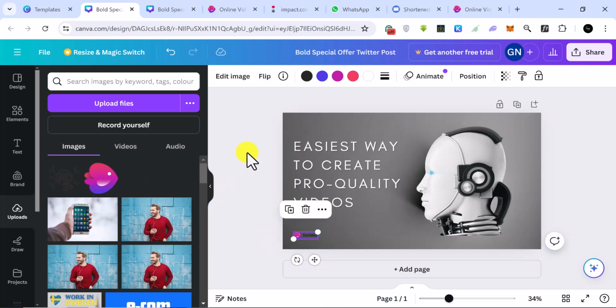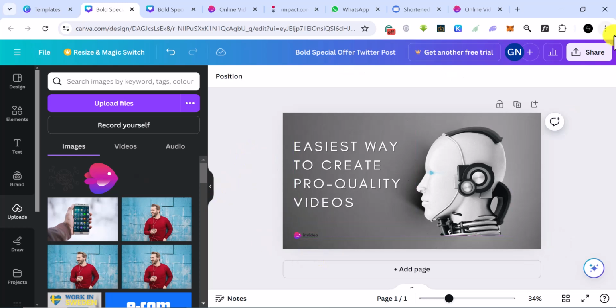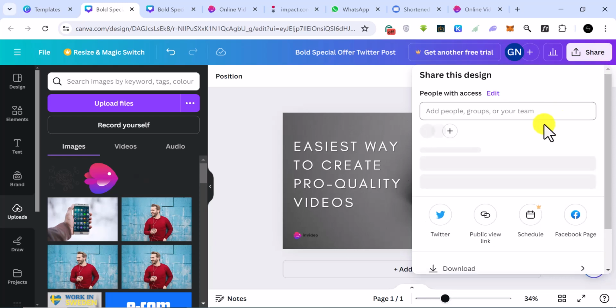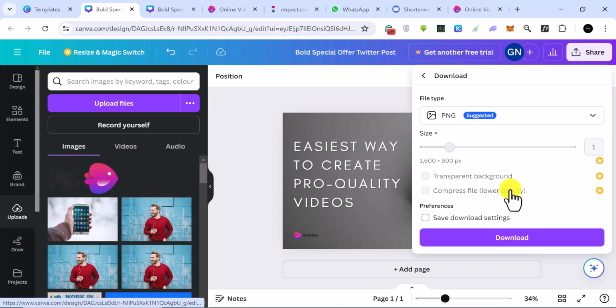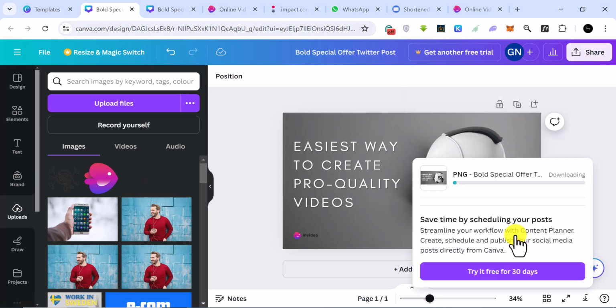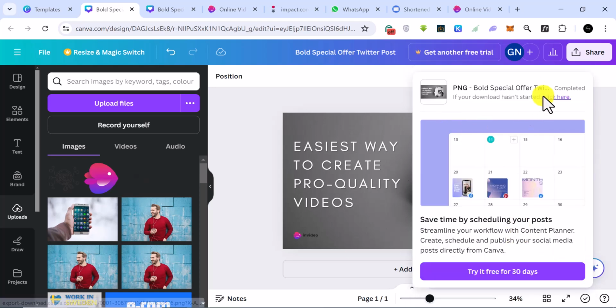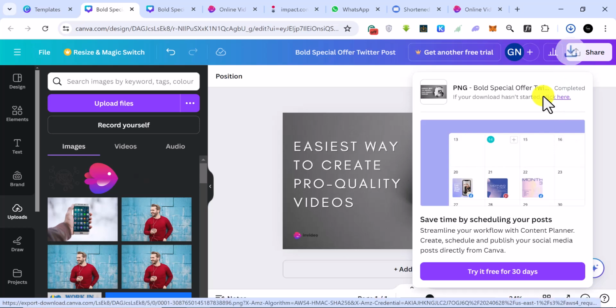All right, so we are basically done right here. So you can click on download, and then you want to download it as a PNG file. So this is a picture, you download this as a PNG, so it's downloading. So what we have done so far is I've collected our links, we've shortened the link, we've created our design,